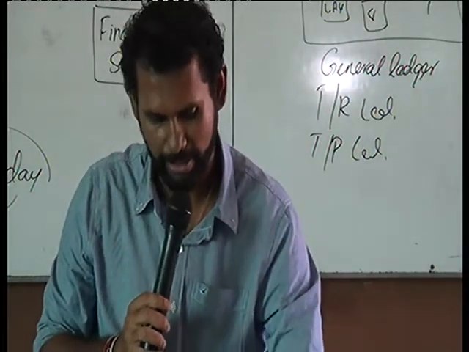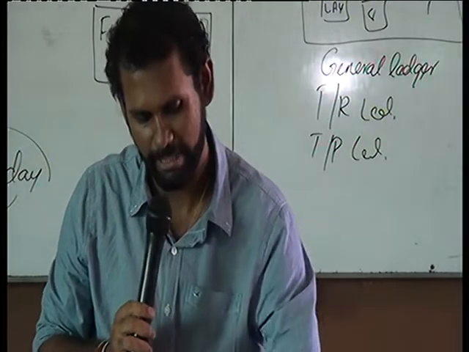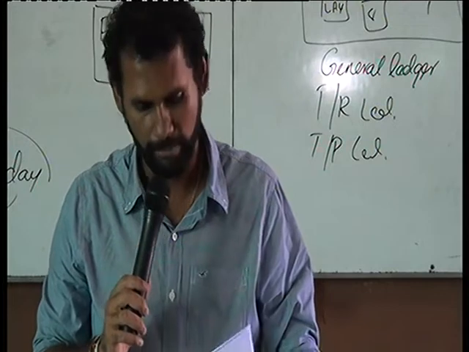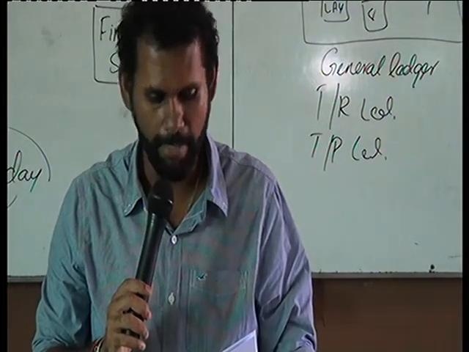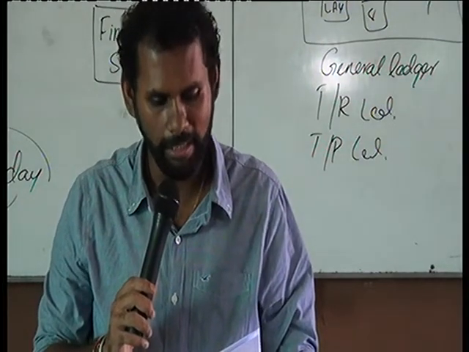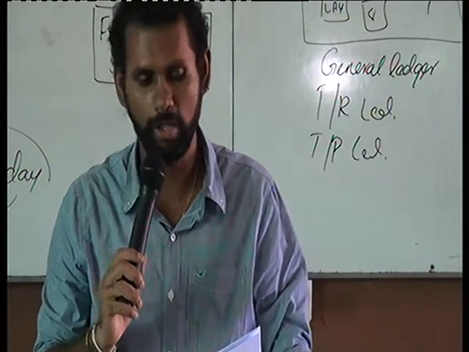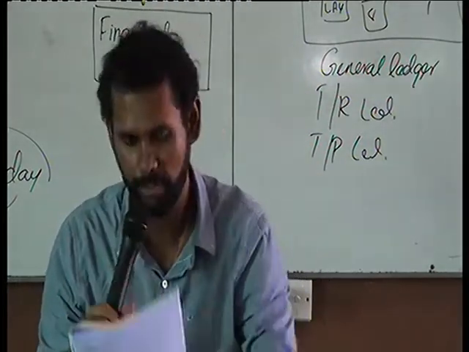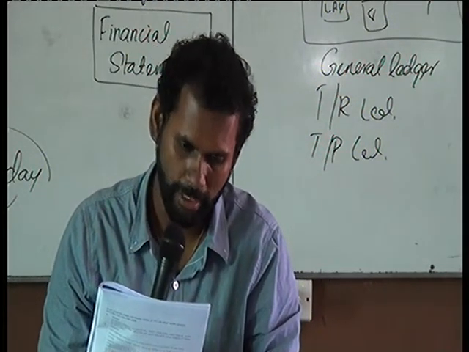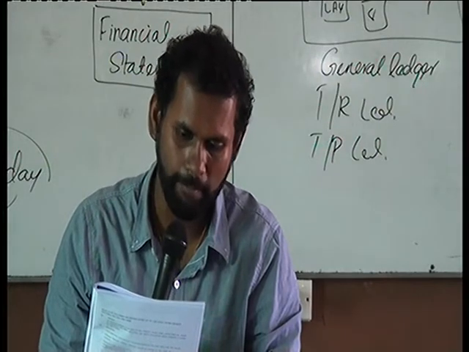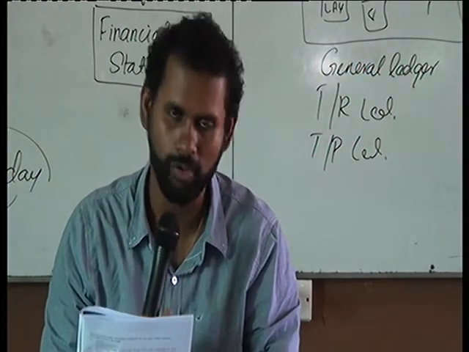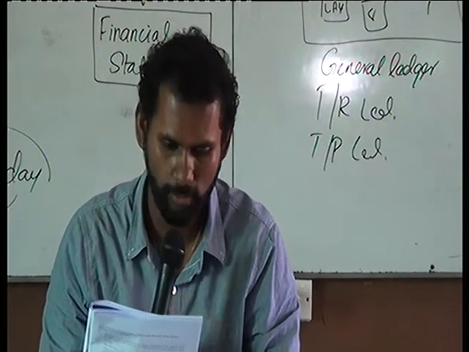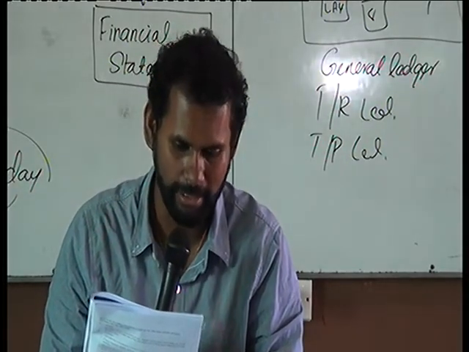Some companies have both cash payments as well as check payments. You can see a cash book with cash and bank columns. The third one, a cash book with cash and bank columns, is called a double column cash book. So the cash book has two columns: one for cash and the other for bank transactions. The fourth one is a cash book with cash and bank columns together with a discount column. So sometimes when there is a discount, we will be adding it to the cash book as well. Then there is the analyzed cash book, with receipts and payments analysis.